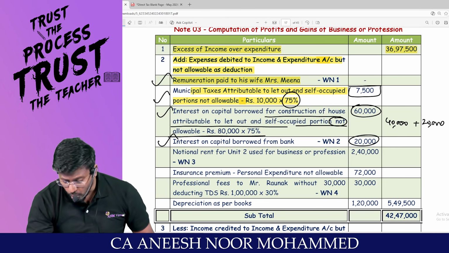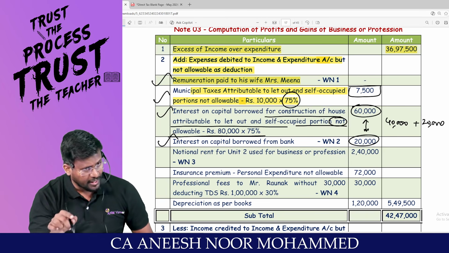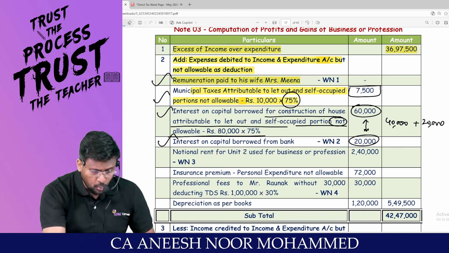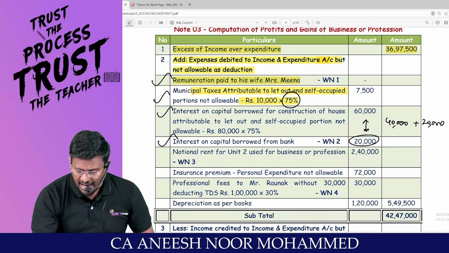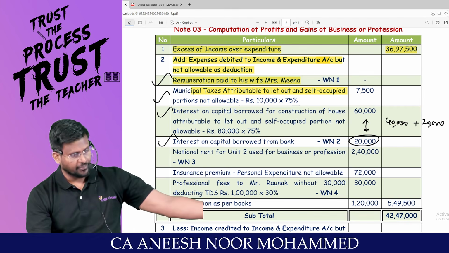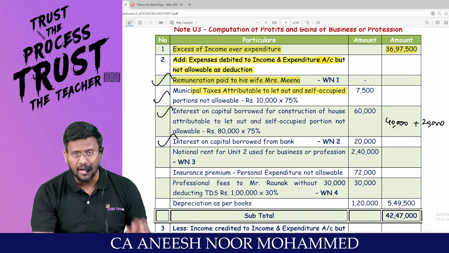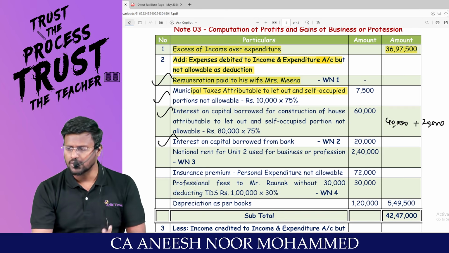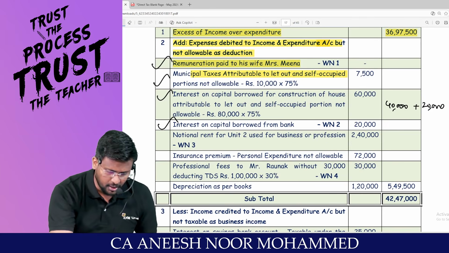Sir, you should not add back 80,000 in one shot. Okay? The answer will tally, but the provisions are different. Because 60,000, why am I adding back? Because it's attributable to other heads of income. Sir, 20,000, why am I adding back? It is because of PGBP only, but 43B provisions have not been satisfied. Are you all really with me?